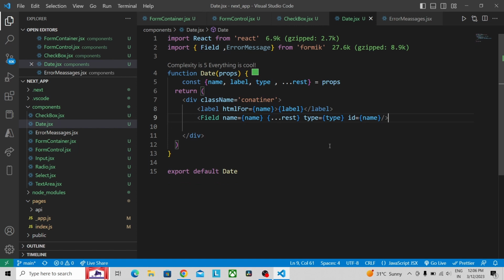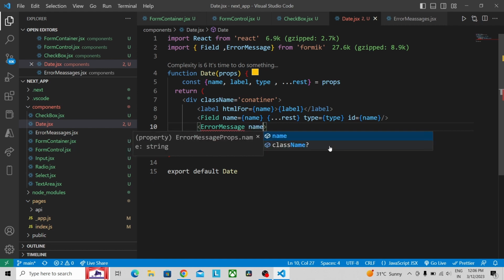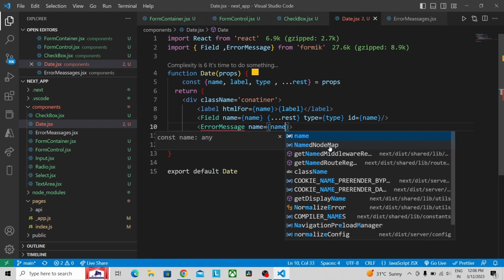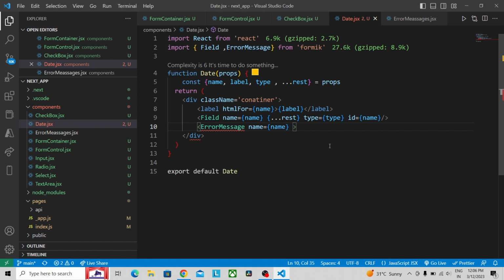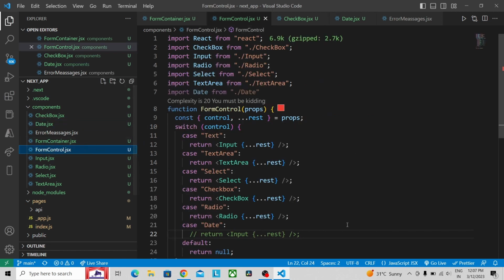After creating fields, we have to provide the error message, and provide name here. So error message, copy this one. So here we have to provide close braces. So after this error message, go to the form control and